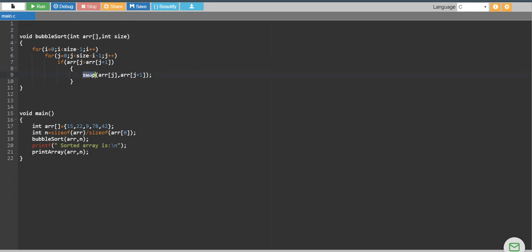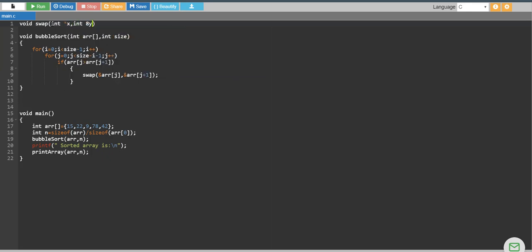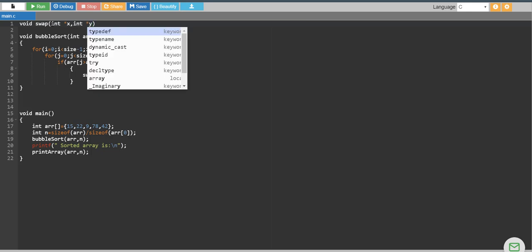Now let's create this swap function. Void swap. Sorry, we need to pass here the addresses of these elements. Integer pointer x and y.